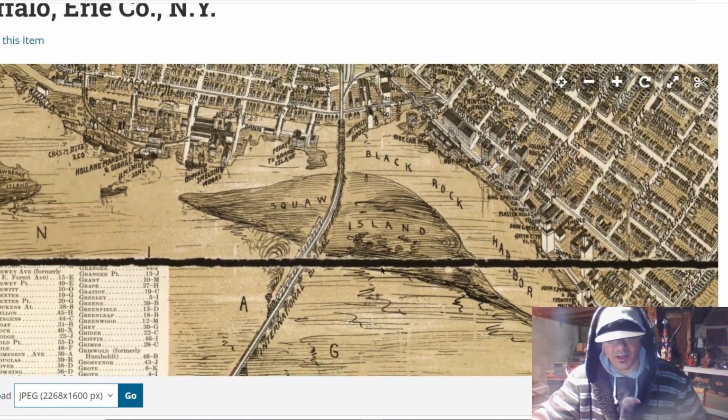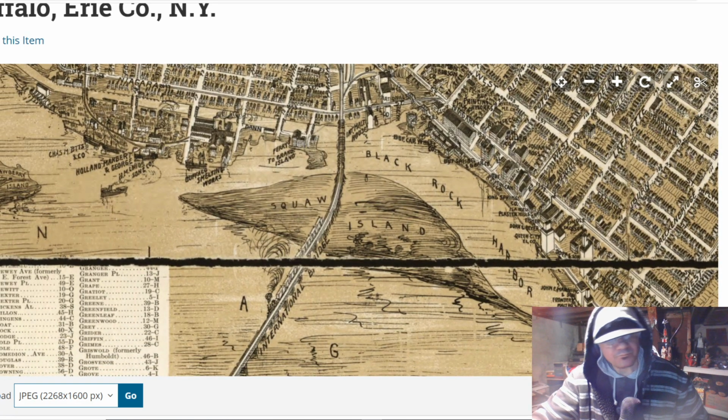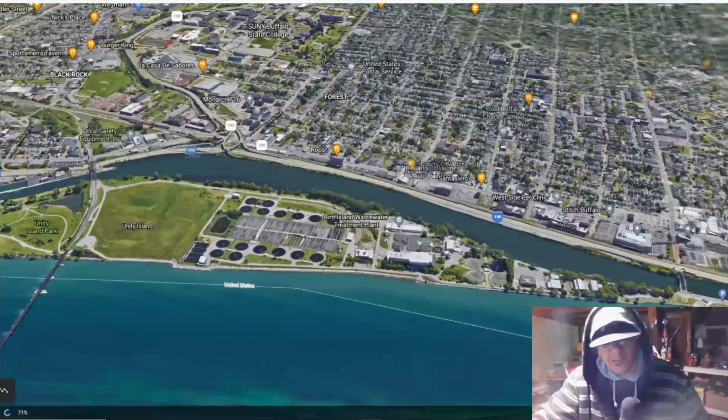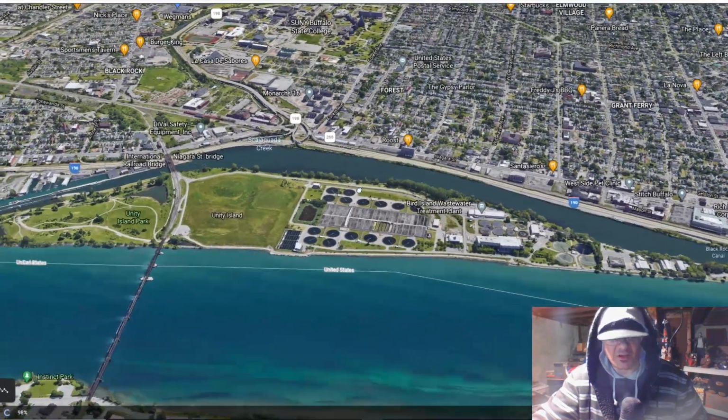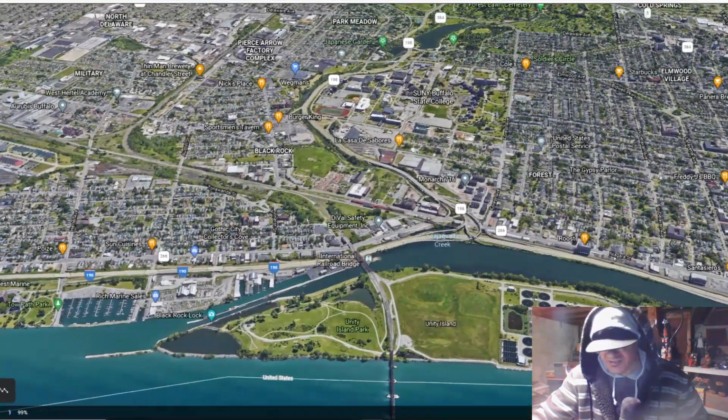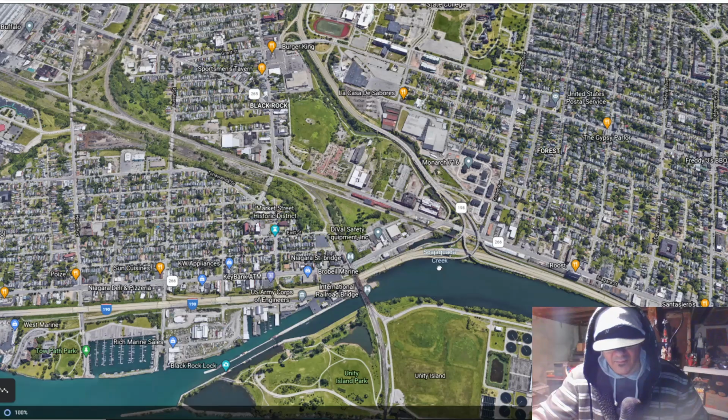Okay, see what we're looking at? And actually, let's do this, okay? Let's go like this. Okay, that's Unity Island. Again, now let's try to see if we can get a...